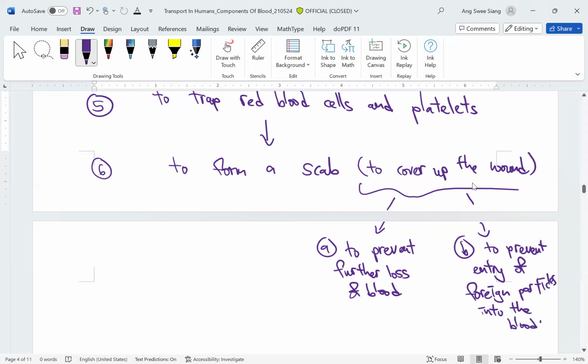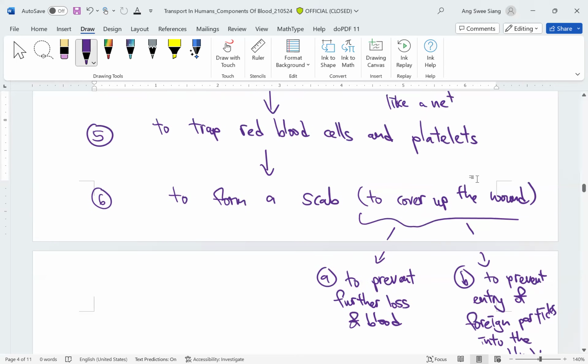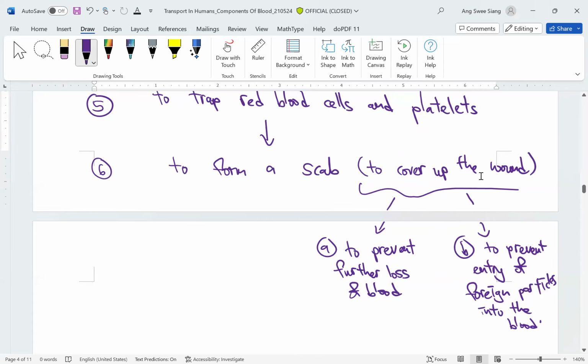So this is what you need to know for platelets, the function of platelets in the defense of the human body. I summarized the process into a very simple step-like structure for you. So please go and read the textbook and the slides that I am sharing on Google Classroom to complete the story. So we are done for